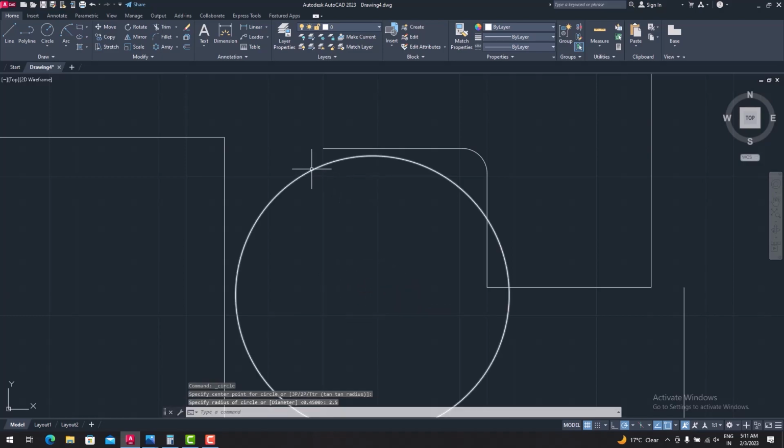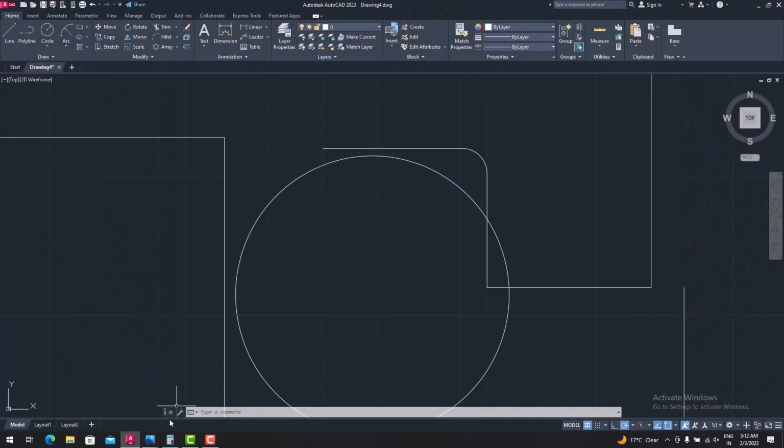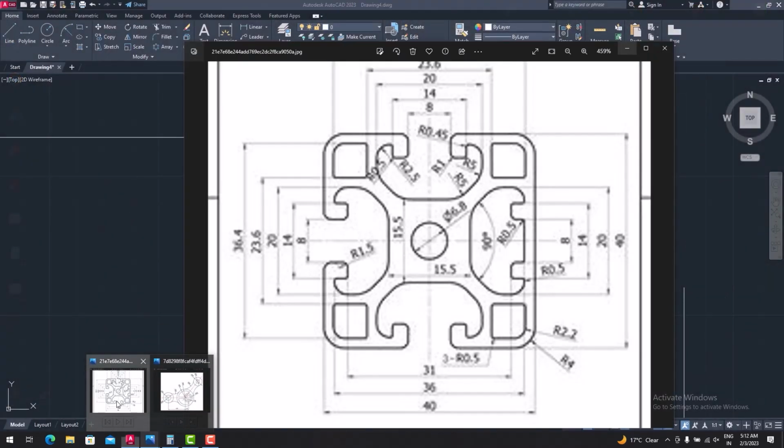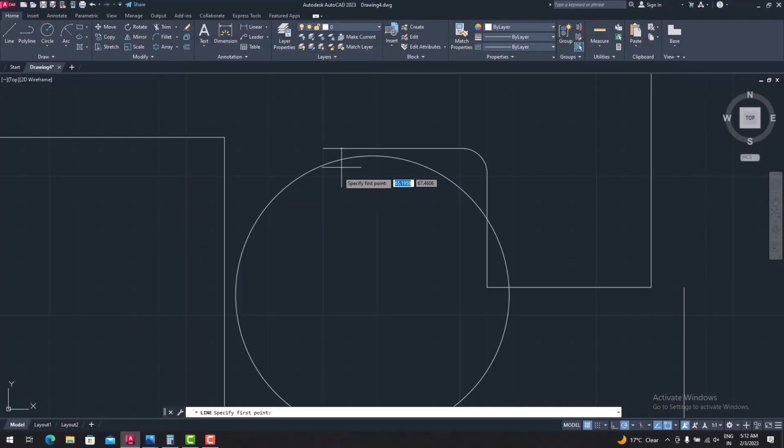Okay, now the thing is that this circle is not starting from its quadrant. Okay, so for that you have to take this line